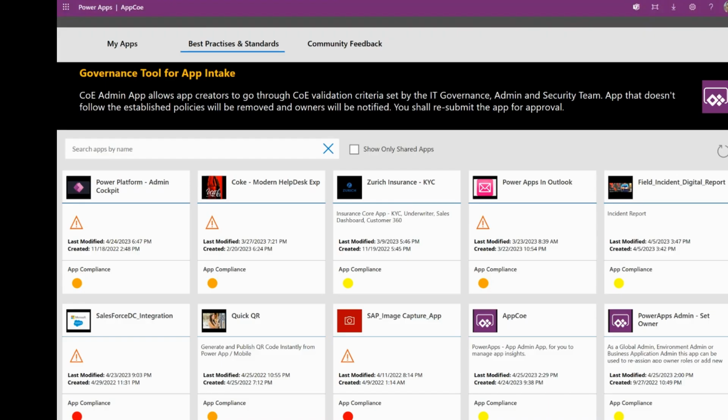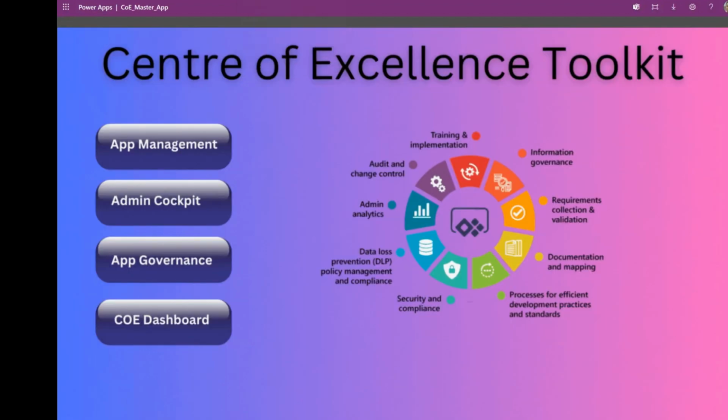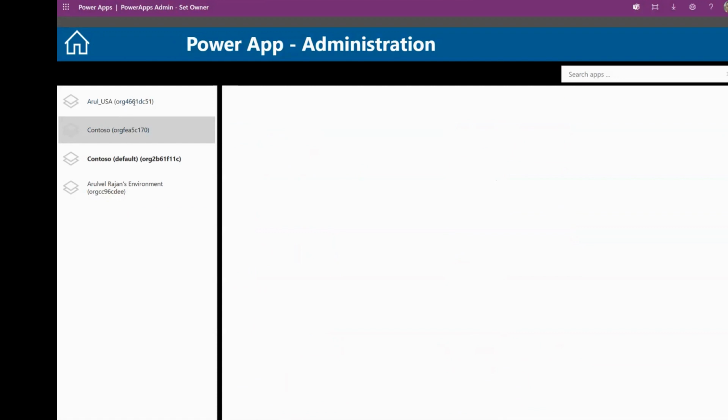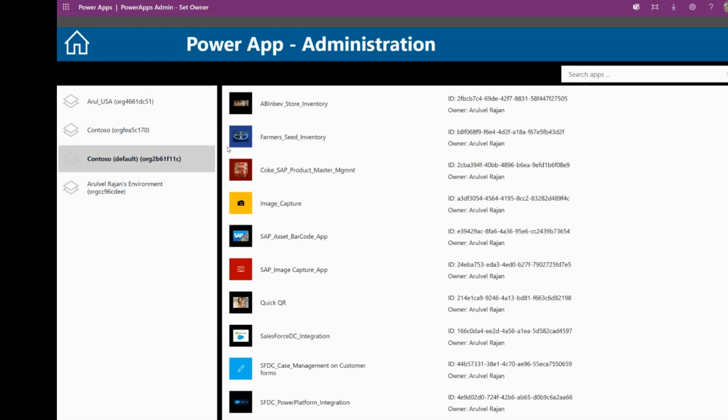And that kind of ends that particular feature of that app. The final one that we have is app governance, which is the app administration. As you can see, I have four environments. A couple of them, or most of them, don't have anything in there. The one that has the app is on this environment,